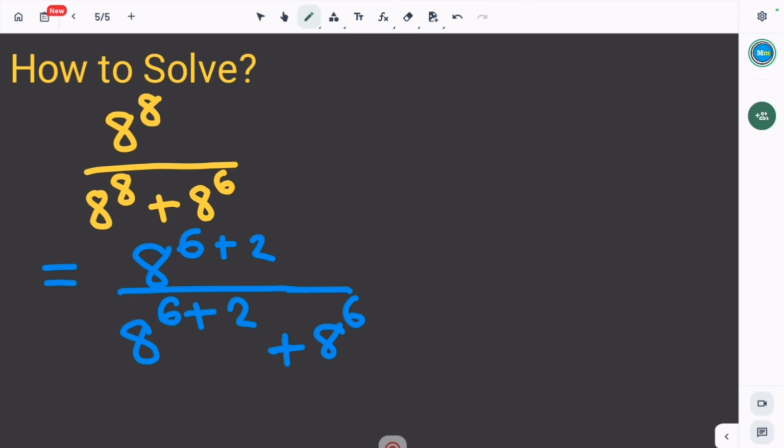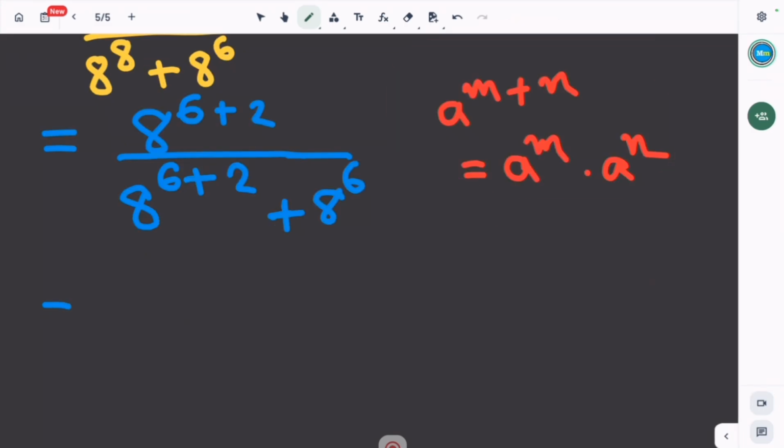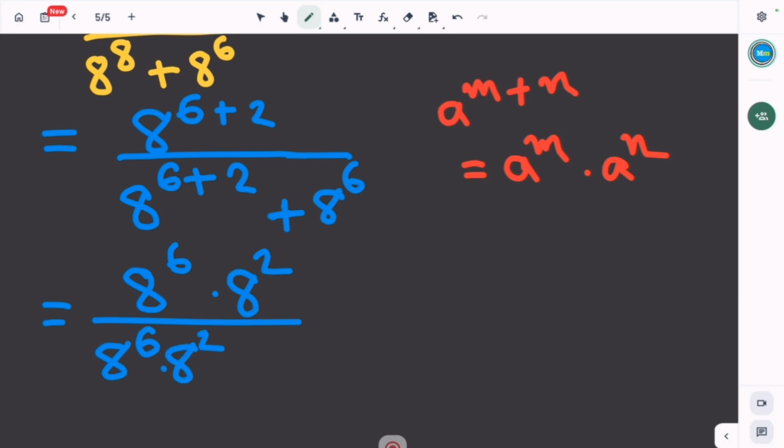So there is a formula that is a to the power m plus n equals to a to the power m into a to the power n. From this formula we can write that 8 to the power 6 into 8 square divided by 8 to the power 6 into 8 square plus 8